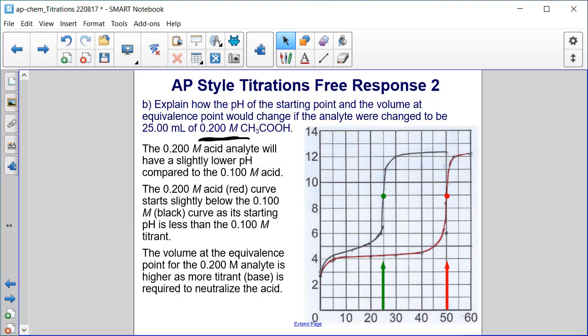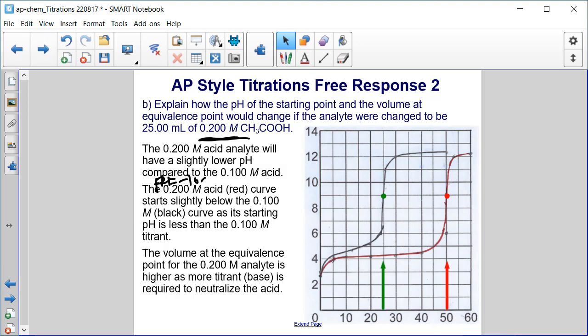So this black curve here is the original curve from part A. Okay, use my mouse. This one right here is the original curve from part A. Let's take a look at what happens in the red curve, which is what you get by using 0.2 molar acetic acid. So the 0.2 molar acid analyte will have a slightly lower pH, and that's because the pH is